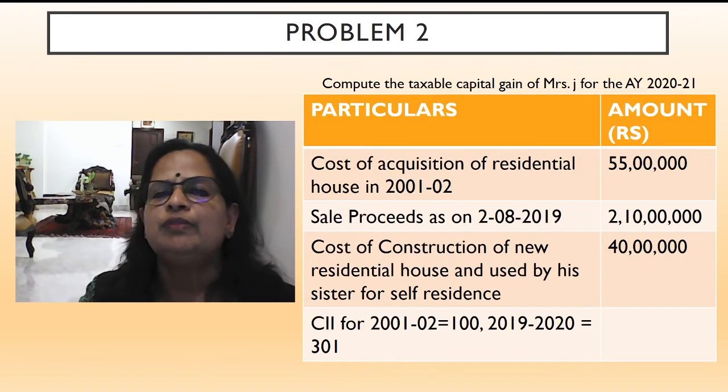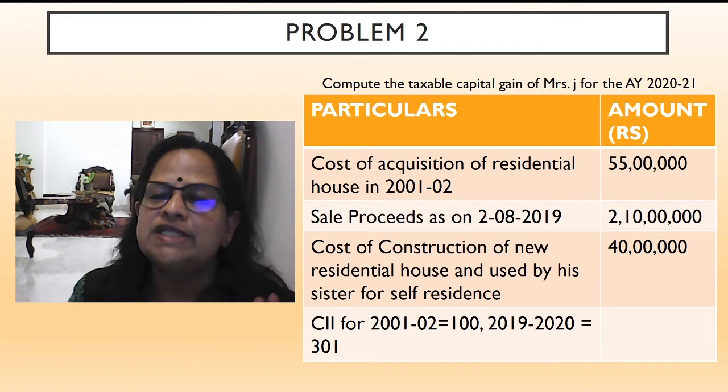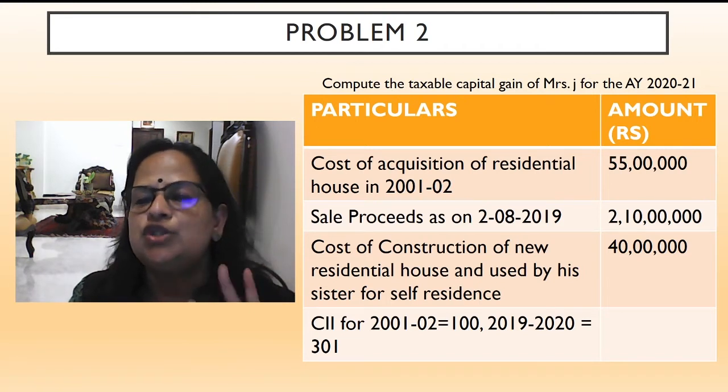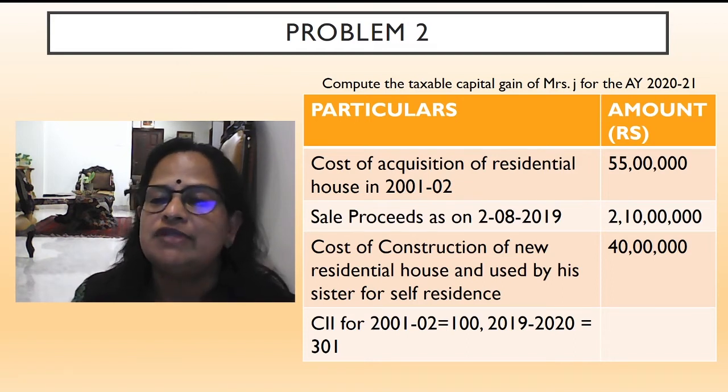Now problem 2: compute the taxable capital gain of Mrs. J for the assessment year 2021. Cost of acquisition of residential house in 2001-2 is 55 lakhs. Sale proceeds as on 2/8/2019 are 2 crore 10 lakhs. Cost of construction of new residential house property, used by his sister for self-residence,